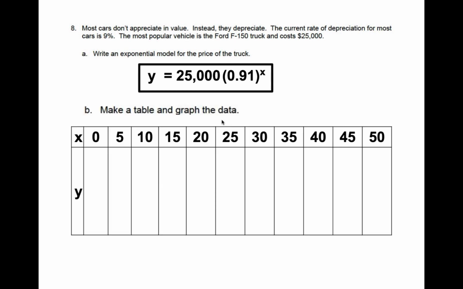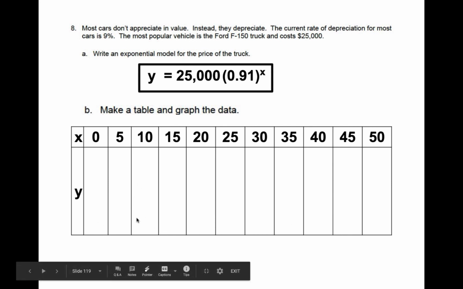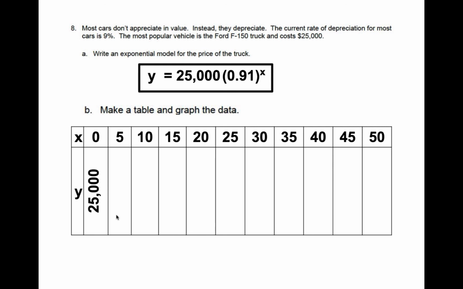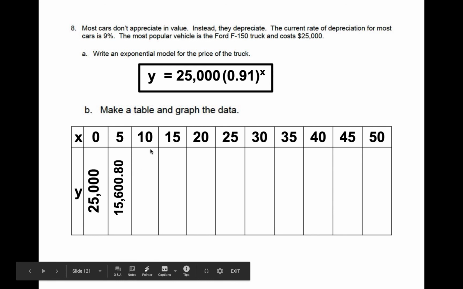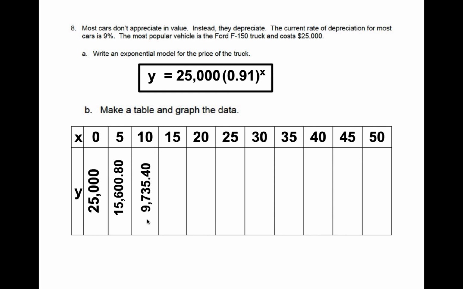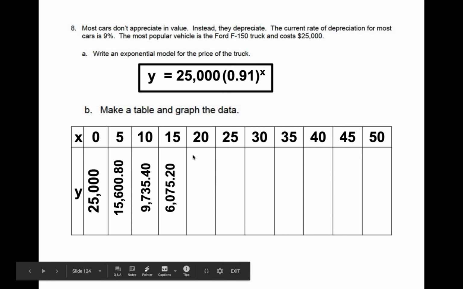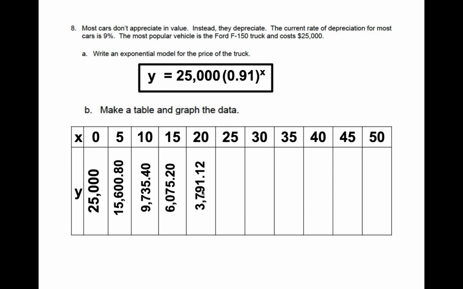We're going to make a table and graph the data. So you can use your calculator to fill in these tables, or you could just change the X value on your calculator. It's up to you. I'm just going to quickly give you these values. If you plug in 0 for X, you're going to get $25,000. After 5 years, you're going to get 15,600.80. Plugging in 10, you're going to get 9,735.40. After 15 years, it's 6,075.20. After 20 years, it's 3,791.12. After 25 years, it's